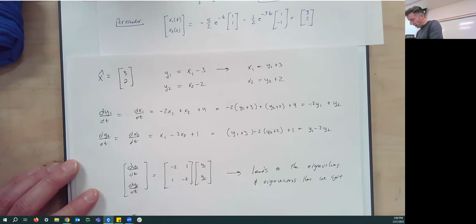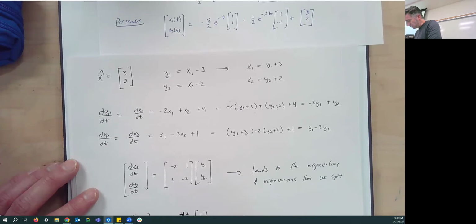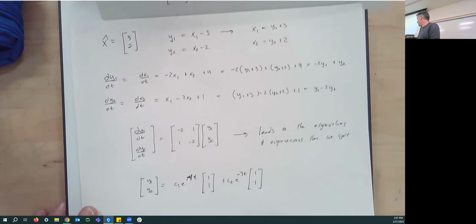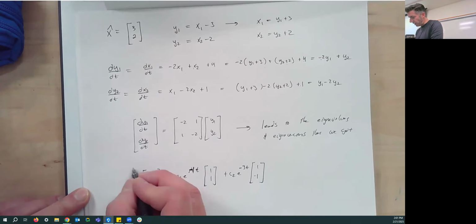We have y1, y2 is equal to c1 e to the lambda 1 t; lambda 1 is negative 1, so e to the negative t, times v1, which is 1, 1, plus c2 e to the lambda 2 t, which is e to the negative 3t, times 1, negative 1. And then to figure out what x1 and x2 are, you just plug in